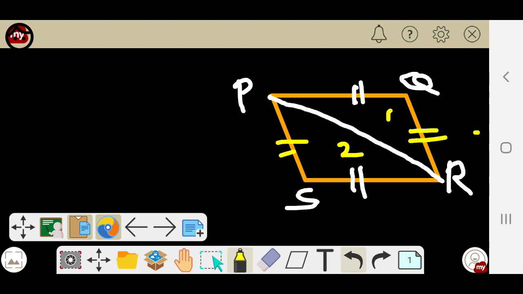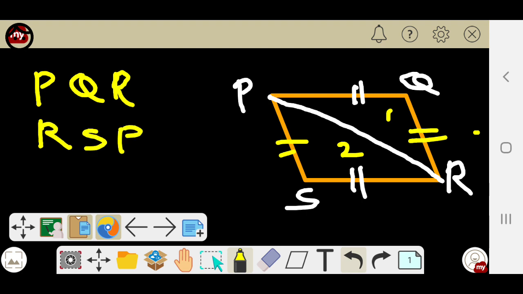That means in both triangles, one pair of equal sides, and again PS equals QR, one more pair equal, and PR is a common side. Then for triangle PQR and RSP,